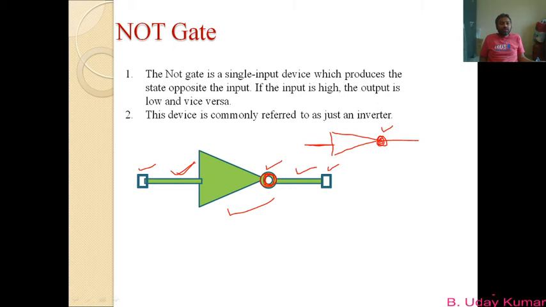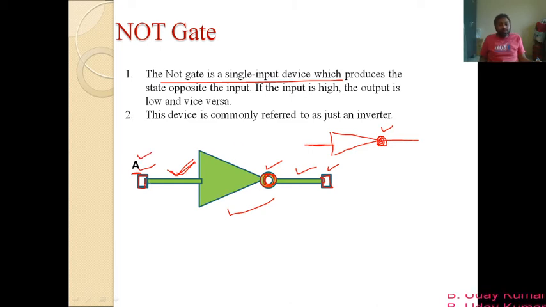As you already know from the definition, it has only one input and only one output, and those terminals I am mentioning here with boxes or squares. You can keep them as boxes or circles, or you need not keep them, the choice is yours. Since it has only one input, the input terminal is denoted by A here. It need not be A; it can be B, C, D, anything that you want. But here I am denoting the input terminal by A.